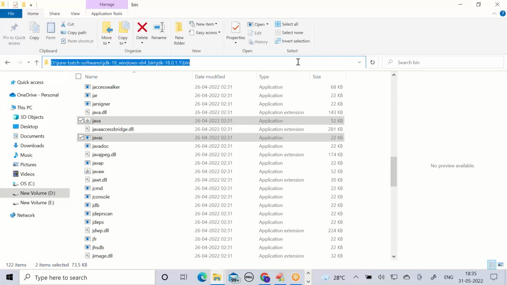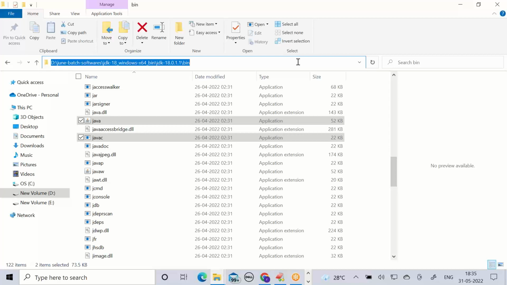After going to the bin folder, copy the address bar. Everybody, copy the address bar.